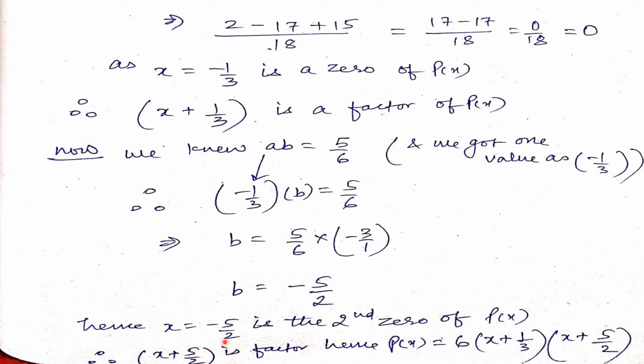But guessing again and again will take a lot of time. So it is the best way to find the next 0. That is minus 5 by 2. As it is the next 0, therefore the factor is x plus 5 by 2. Why? Because it is negative here. When it comes to this side, it becomes x plus 5 by 2. So it is the second factor. Hence, my final answer is p(x) equal to 6 into (x plus 1 by 3) into (x plus 5 by 2). So we have got the answer.